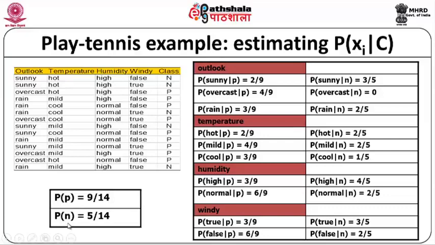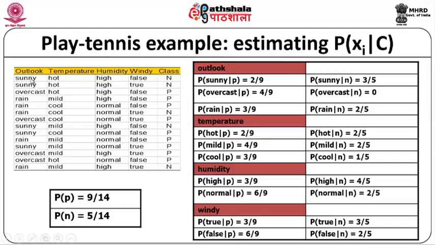The probability of the class label No is the number of records in which you have the class label N, which is equal to 5, divided by the total number of records, 14. Then we need to compute the chance of the class label with respect to each and every attribute's value. Since here in the given example we have 4 attributes, we need to compute the conditional probability of these attributes with respect to the class label.